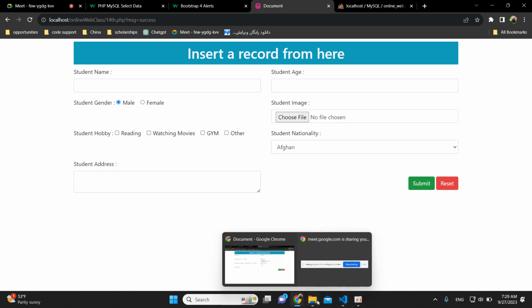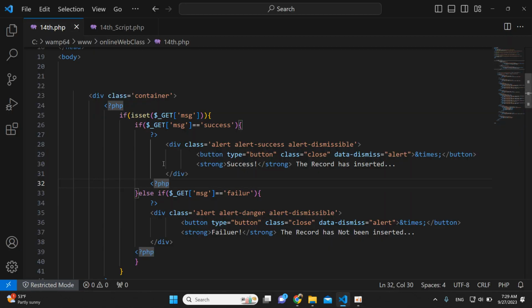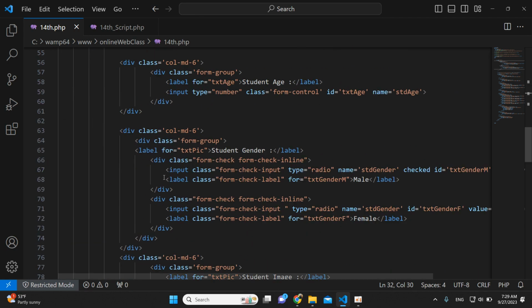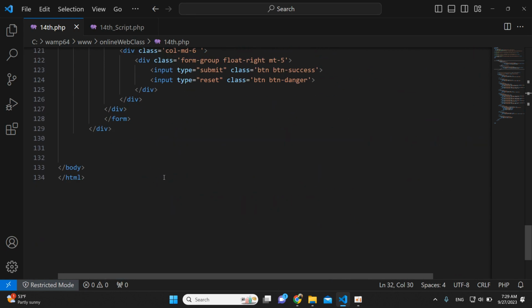So for that, I'll go to the code back in the 14th page. جایی که کنتینر ما است. This is the container. این کنتینر همو جا میمانیم. Let's say که اینجا یک کامنت هم میمانیم که record list section. So I'll just make it an HTML comment, and in here I'll create a div and give it the class of a container,